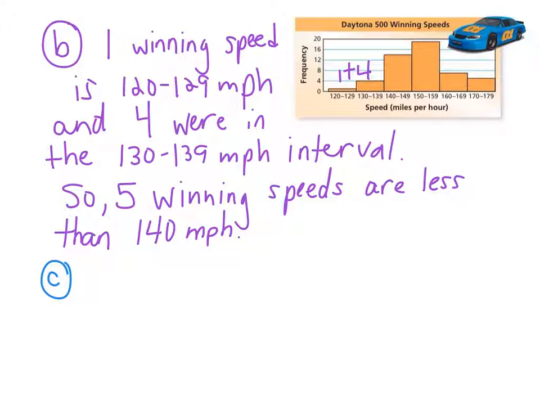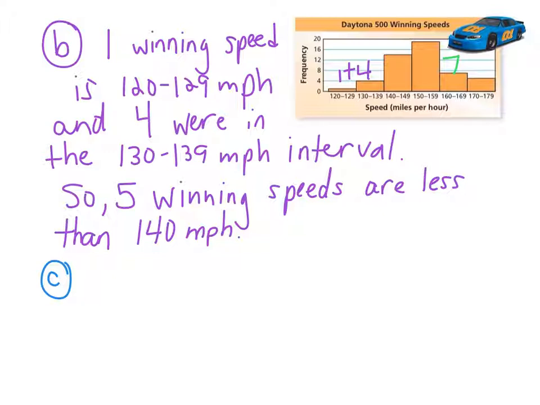Letter C asks us how many of the winning speeds are at least 160 miles per hour. And so again, we're going to look at the histogram. We're going to look all the way across, and at least 160 is going to include this set of intervals and this set of intervals. So now we just have to look and see how many times each of those speeds occurred as winning speeds. So 160 to 169, you can see it's less than the 8 line right there, but it's not much less, so it's probably about 1 under the 8, which means that 7 winners were between 160 and 169 miles per